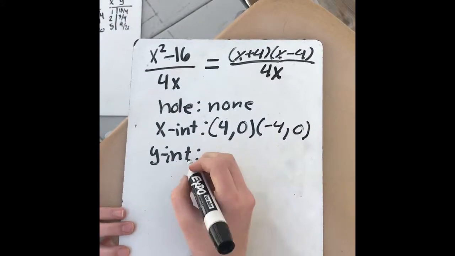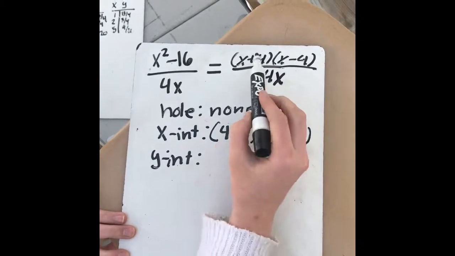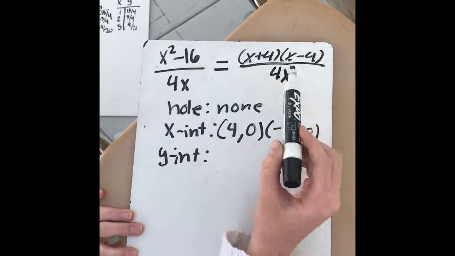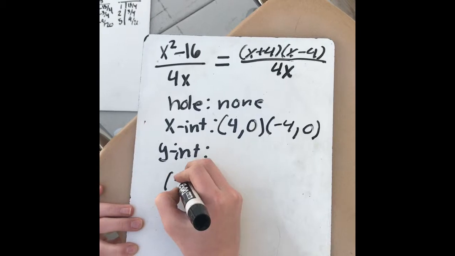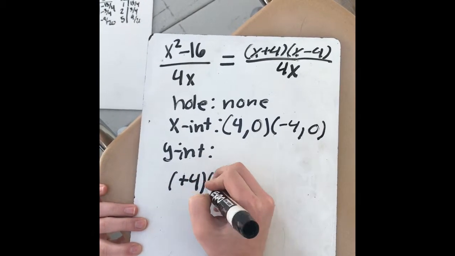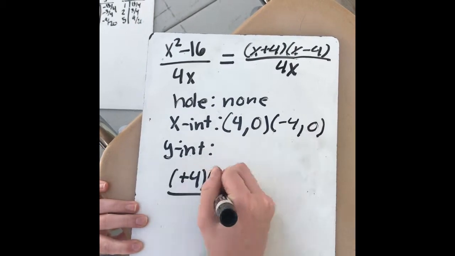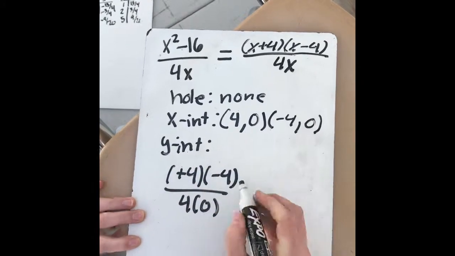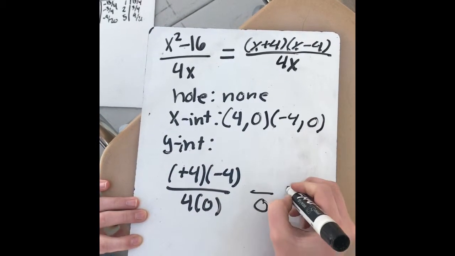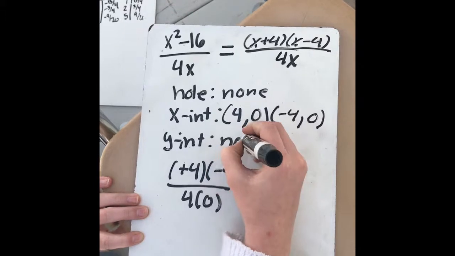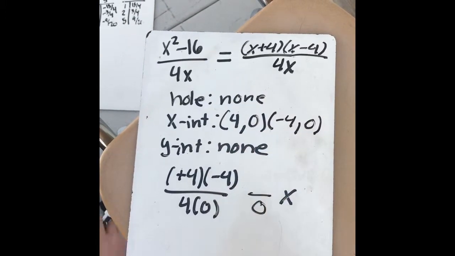Okay, next is the y-intercept, and we do that by putting in zeros for all the x's. So then we have 4 times negative 4 over 4 times 0. Because there's a 0 at the bottom, there is none. So I'm going to put no